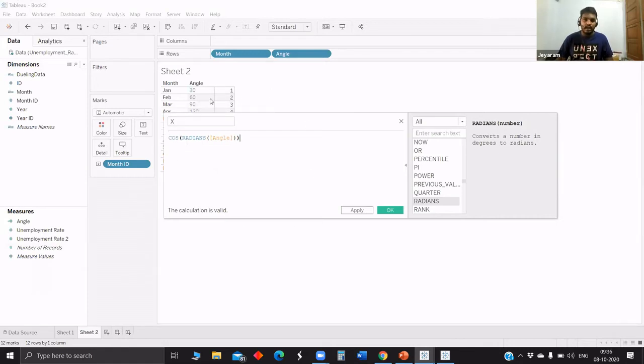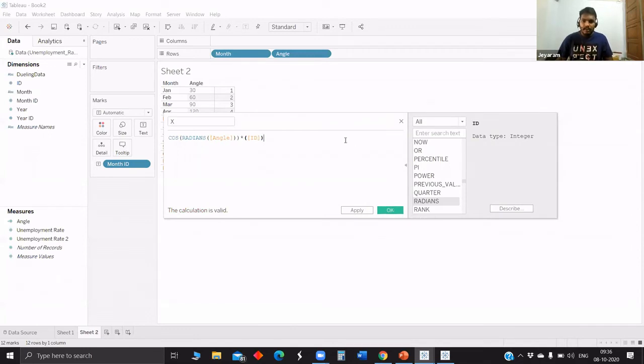This is for one particular circle, but actually we have so many circles, like for each year we have one ID as well as the buffer kind of thing. So to bring that into the picture, we will multiply with that ID. So this is the x coordinate.